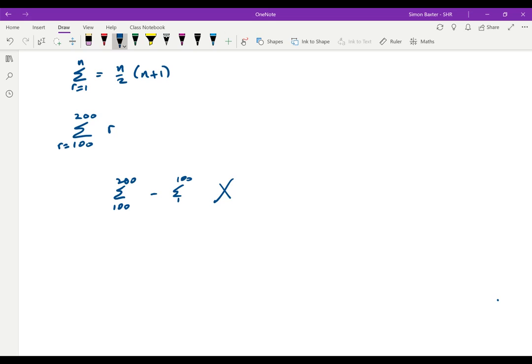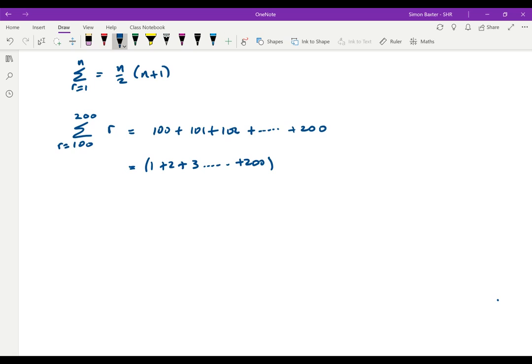Well, let's show you why that's wrong. Let's get rid of it first. What I've written down here, the first term is r equals 100, plus the next term is 101, plus 102, and I keep going until I get 200. Well, this is equal to 1 plus 2 plus 3, if I take all the numbers up to 200, and then subtract all the numbers 1 plus 2 plus 3